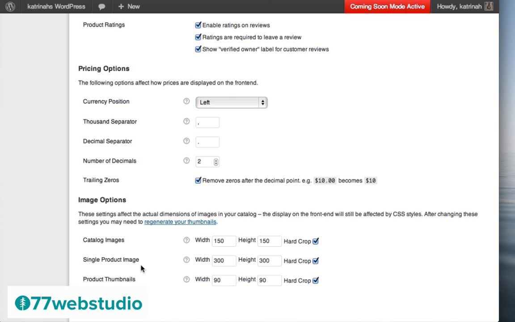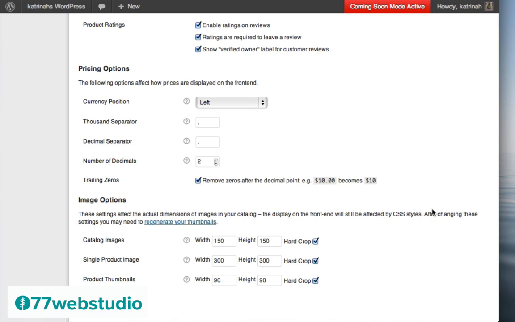Finally, scrolling down, here are the image options. As it notes, these settings affect the actual dimensions of images in your catalog, and the display on the front end will still be affected by the CSS styles. So if you need to change any of your dimensions for your images, this is where you will set the dimensions.